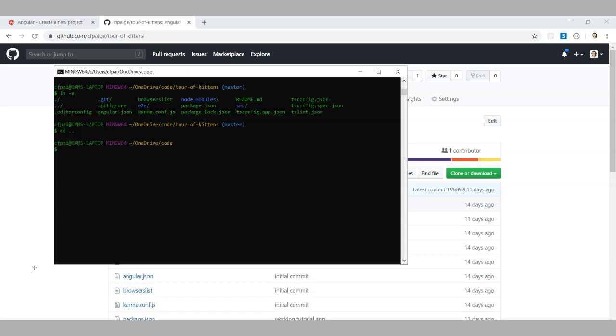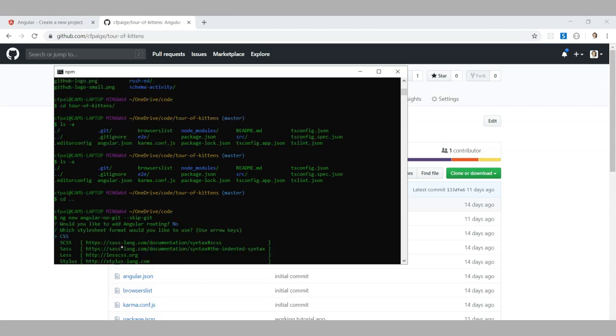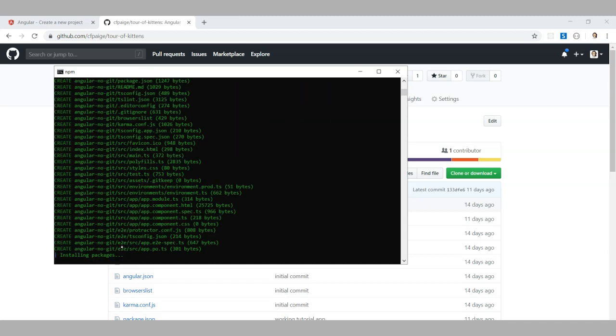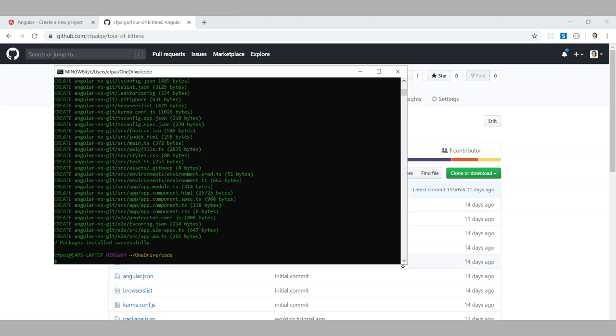Now let's come out and try something different. If you're like me and you like having a little bit more control over what happens, then there is a way to create your new Angular workspace without initializing it with Git. And that's by including --skip-git, like this. Let's try it now and see what happens. Let's speed up the next 1 minute of installing packages. Installed successfully, but no mention of Git.